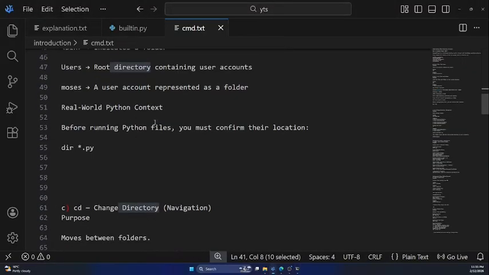In real world Python context, you find that sometimes you want to run a certain file in a directory and you don't know where it is. You must confirm that it exists using this command. So for example,